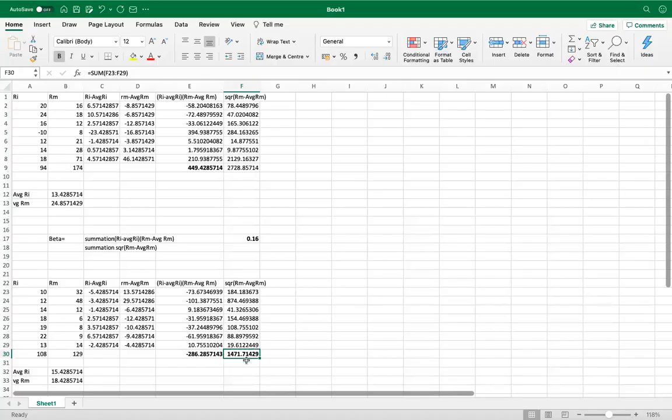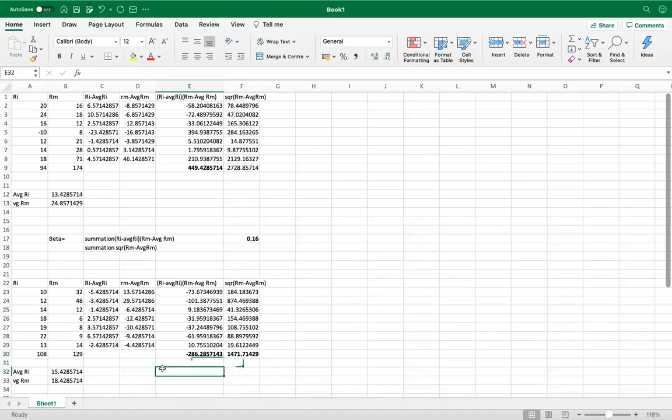So now my numerator and denominator, beta is equal to, so I get, when I round it off to 2 decimals, okay, if the market goes up, my stock will go down. If the market goes down, my stock will go up by 19% of the market's movement. Are you following? It will move in the opposite direction.